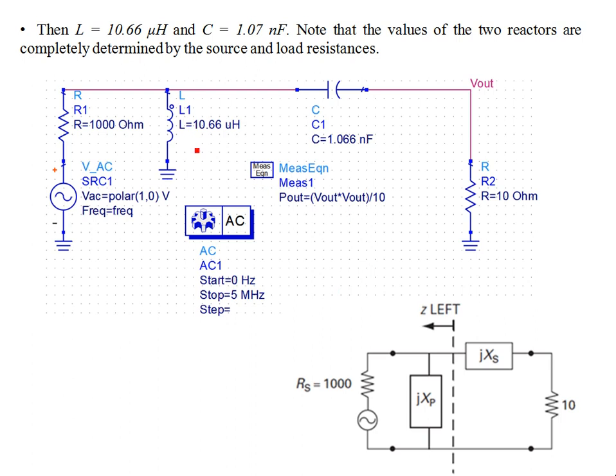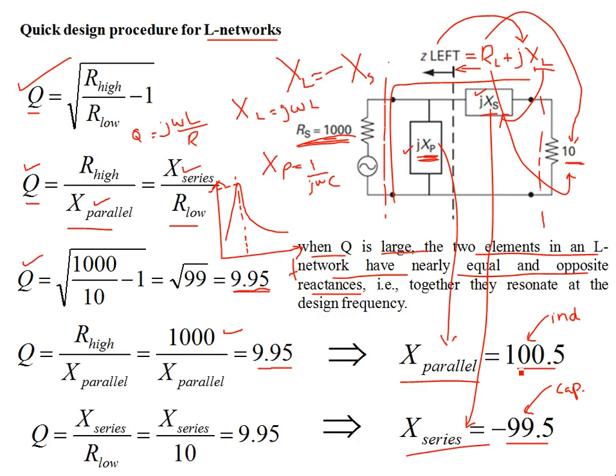So if you consider this schematic in ADS, this is a linear circuit analysis. If you're going to run an AC analysis for this circuit, you have 1000 ohms over here, which is the source resistance, and then you have a load resistance of 10 ohms. I think we have considered this before in the part 1 series of this matching network. It turns out that this inductance is 10.66 microhenries, and you have a capacitance of 1.07 nanofarads over here. This is your series part. This is calculated as such. This is 1 over